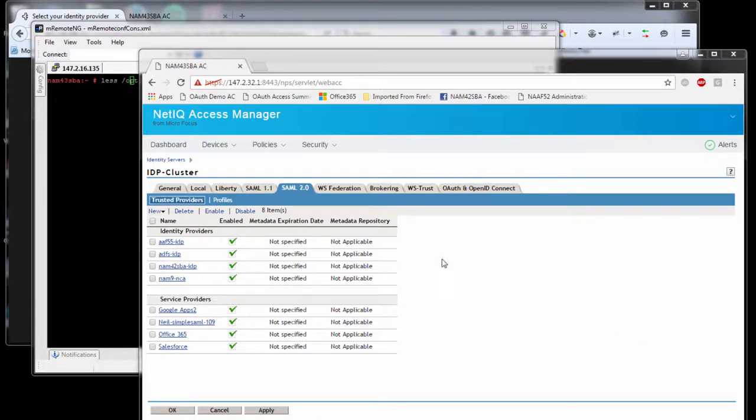So in the NAM environment, you can go into the IDP cluster configuration, SAML2, and you can define identity providers and service providers. The identity providers here are where NAM, in this case, is going to act as a service provider: it's going to generate the authentication request and get the assertion from them. In the case of the service provider configuration, NAM is going to be the identity provider. So we would typically expect an authentication request from the service provider, and we will generate a corresponding assertion back